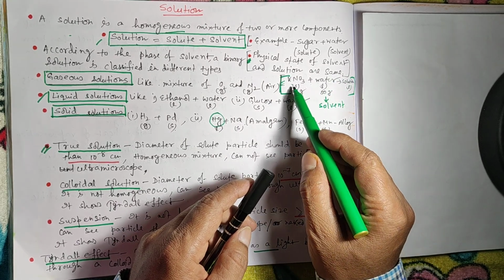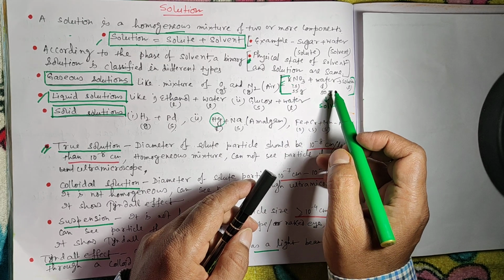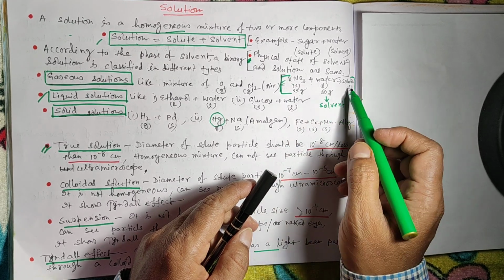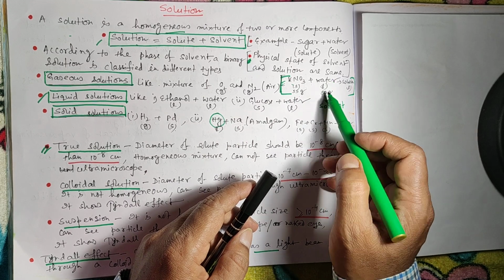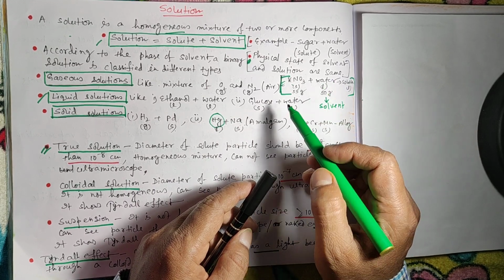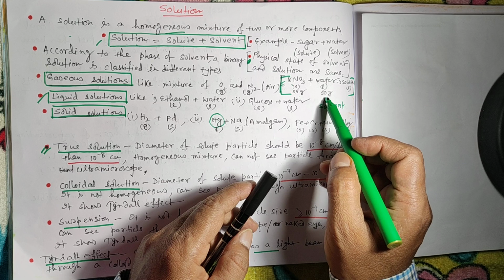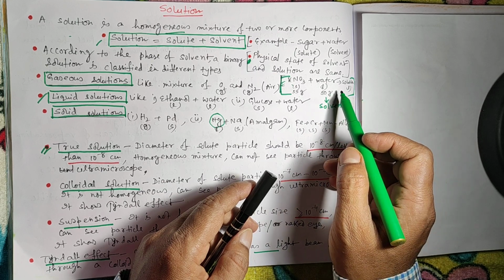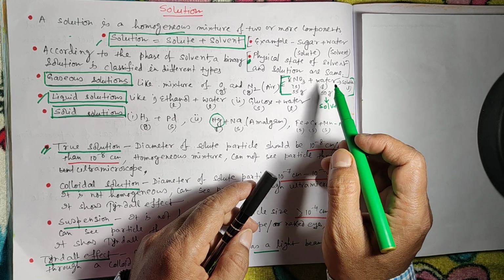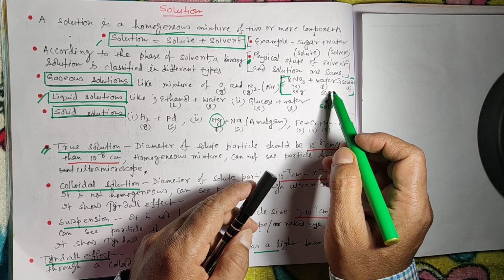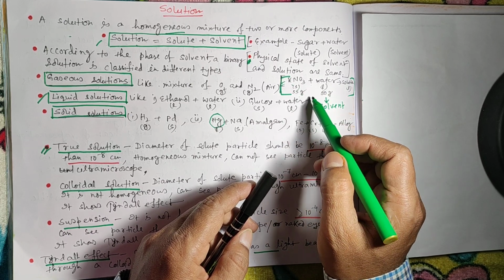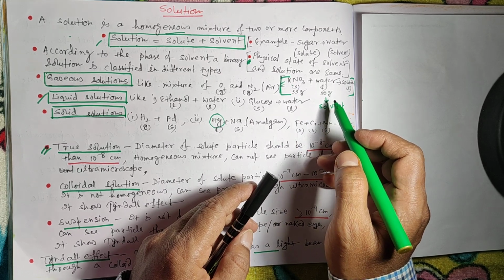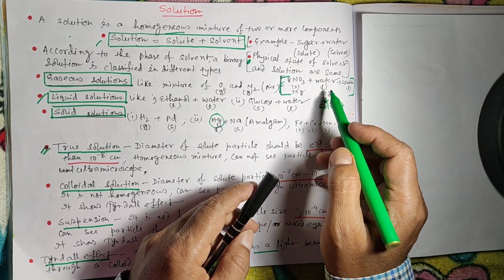Another example is potassium nitrate and water solution. The state of the solution is liquid and here water is also liquid, so water is the solvent. Although the amount of water is less than potassium nitrate, here potassium nitrate is 55 gram and water is 50 gram, water is still the solvent here.